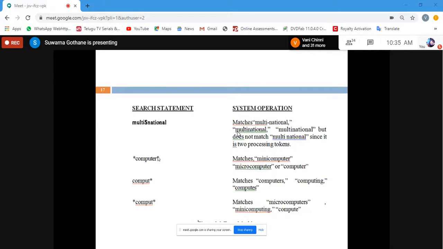In the single position mask, there is only a single place where any replacement can be possible, whereas in variable length there are three ways to specify it: with the prefix, suffix and embedded. Any of the left hand side or right hand side, or both the left hand side and the right hand side, is considered. So these are some of the examples which can be used for the term masking.